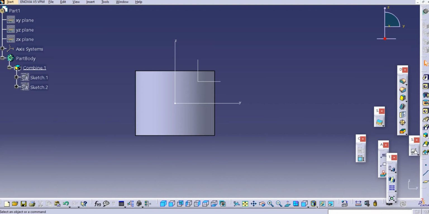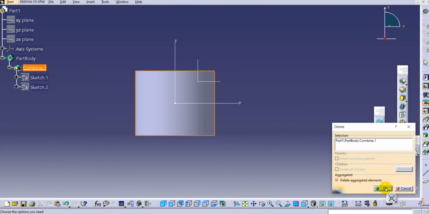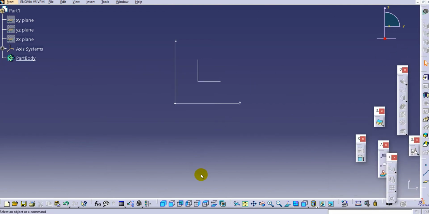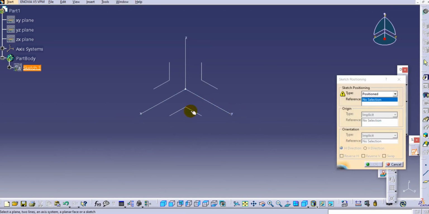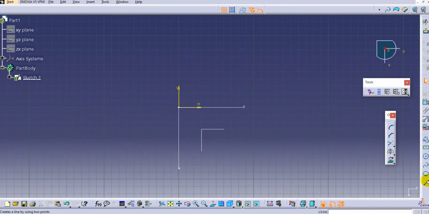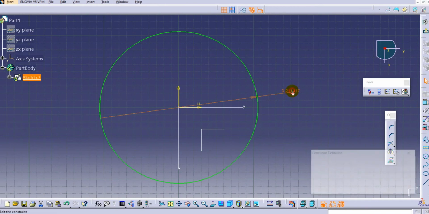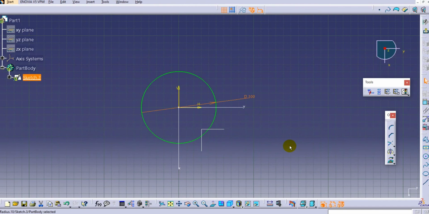I will just delete this combined feature over here, and we will see one more example. So select the isometric view again, and here we will create a sketch, that is circle again, a circle on the top plane. Just create a circle, keep the dimension the same as we did in the earlier example.